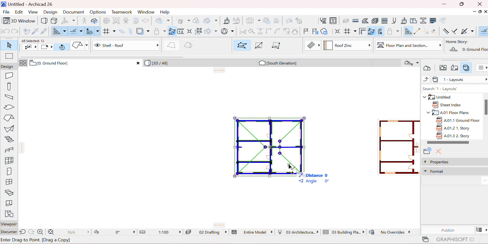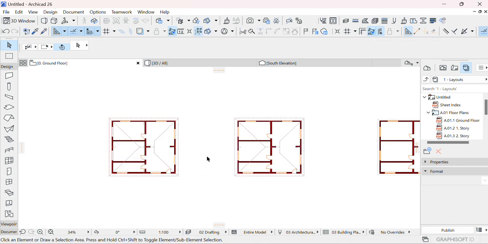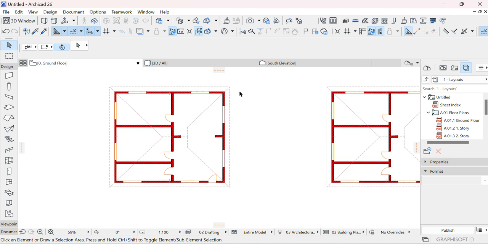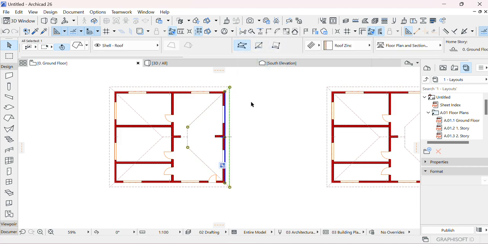Then I copy this whole building to the next position. So now I no longer need the hipped roof. So I need to delete it. But if I pick it like that, I realize that it's just picking one plane. I just want to pick the whole plane. I can utilize another command,